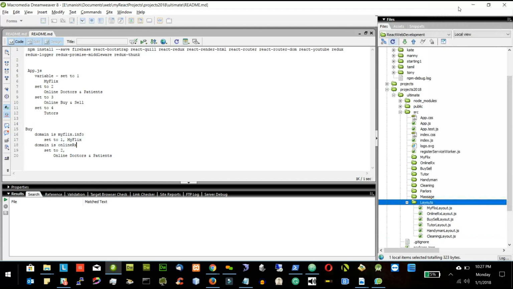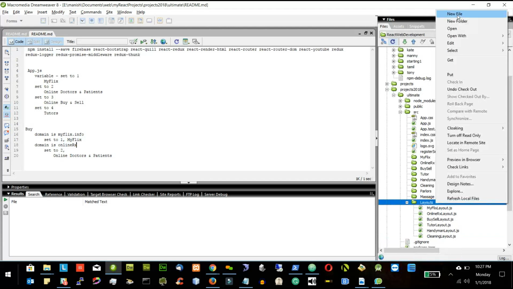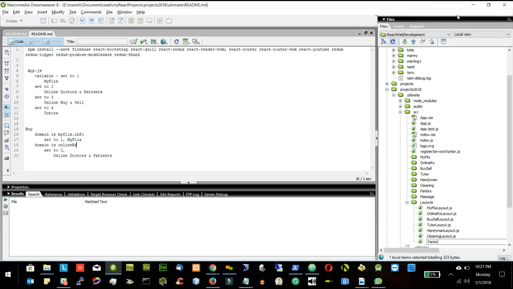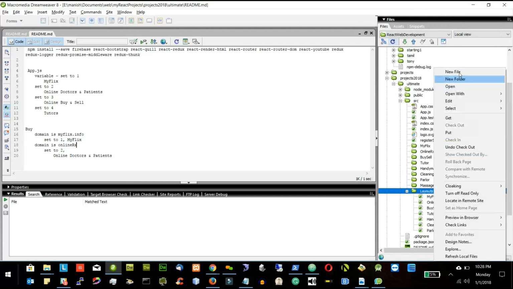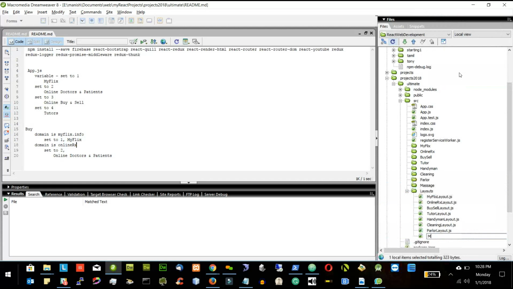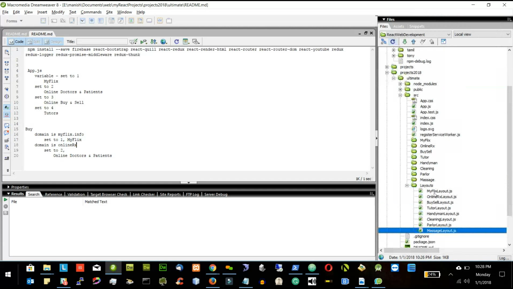We'll create a new file called parlor layout.js. I will rename it to parlor. This is haircut parlor, beauty parlor, and a new file called massage layout.js. So each one will be its own looks. Whatever looks we put, we will be putting in each one of them, and we will try to